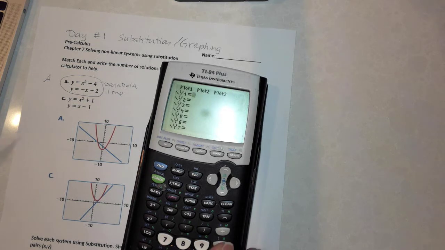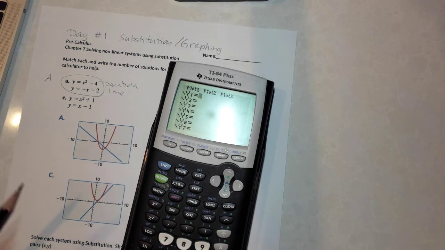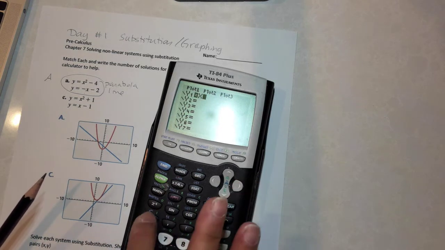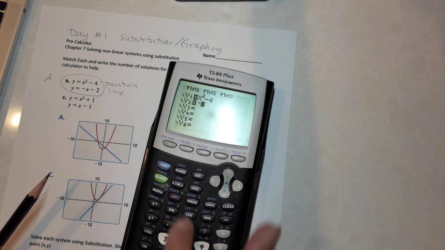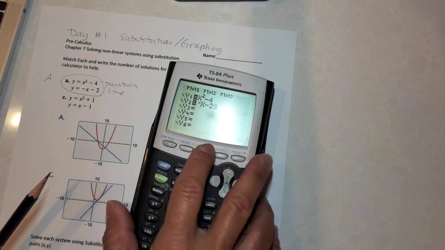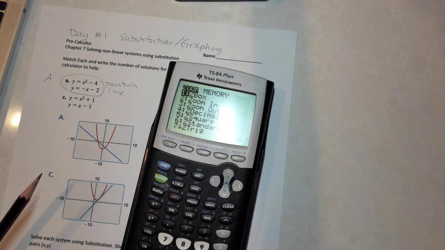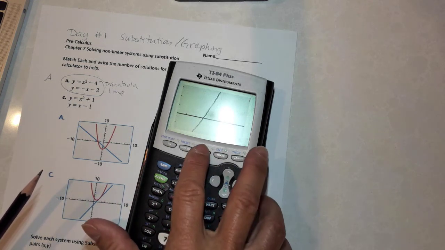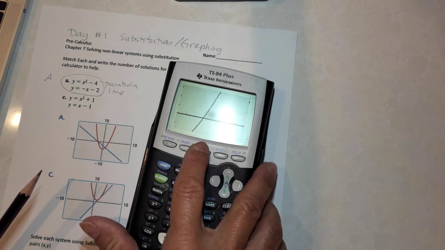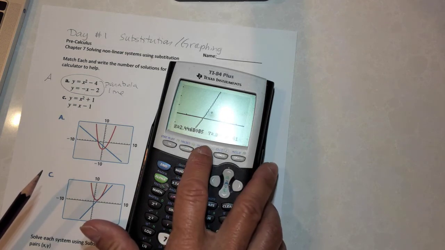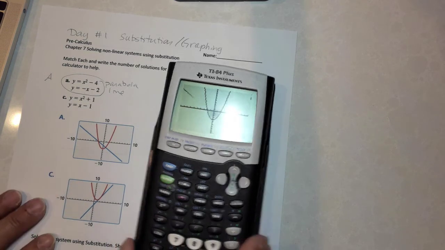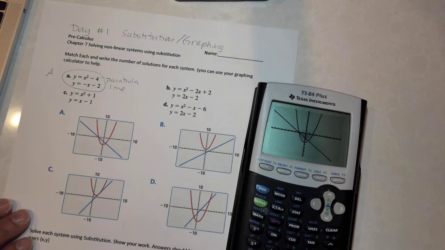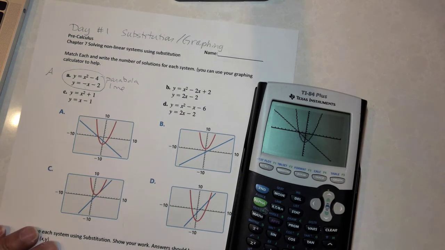these using your calculator. For graphing, you're going to go to y equals, and you're just going to type in the first equation as y1. So x squared minus 4. Then I'm going to go ahead and type in negative x minus 2. And I think I probably had my graph set funny, so I'll go ahead and do zoom 6. Hang on. Whenever yours is zoomed in like this, you can go zoom 6 and it will reset if you want to go back to regular graphing. Sorry, I have a bit of a glare. There we go. So I can see that that does indeed match with A,